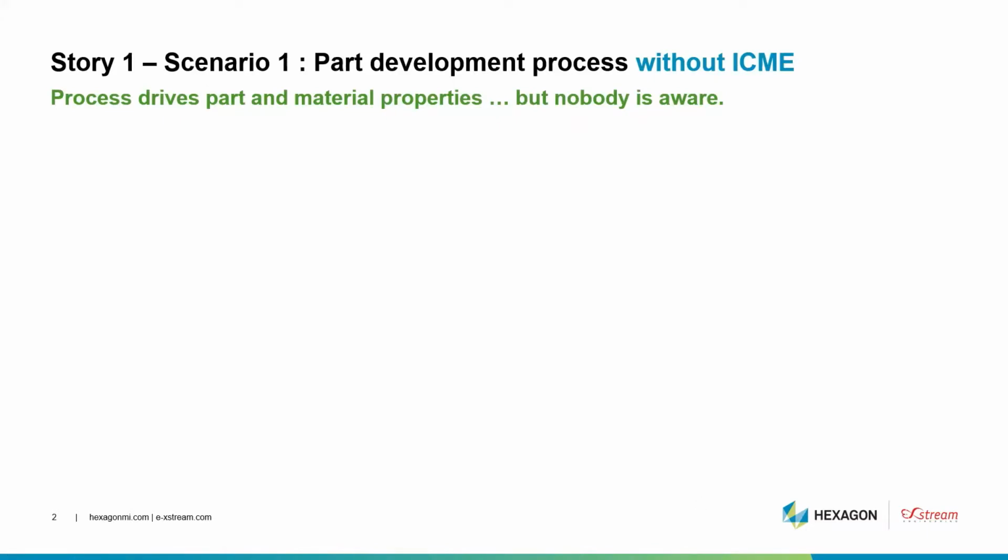The first story, the first scenario, is a part development process without ICME. You know that the process is driving the part and the material performance, but nobody was aware in this company. So it's a kind of "Houston, we have a problem" story. The part is failing at the first trial at the end of the design process, and it's just the beginning